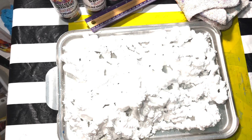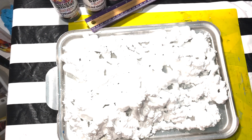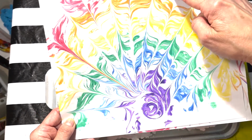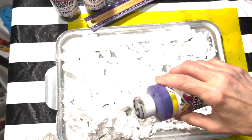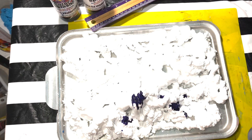That's perfectly fine. And the first thing that we're going to do is we're going to go in our rainbow order, but we're going to go from smallest to lightest. So we're going to start with purple and make our way back up through the colors of the rainbow. So the first thing that I will do is put a few drops of our color in a little arc